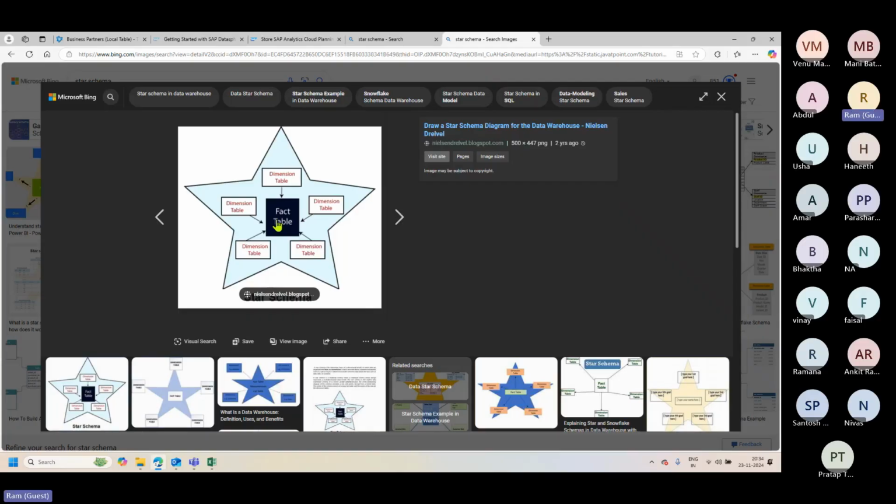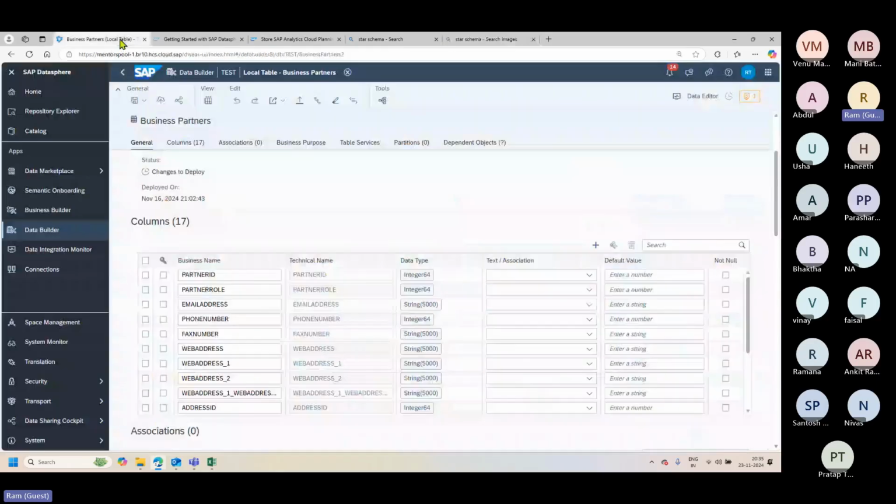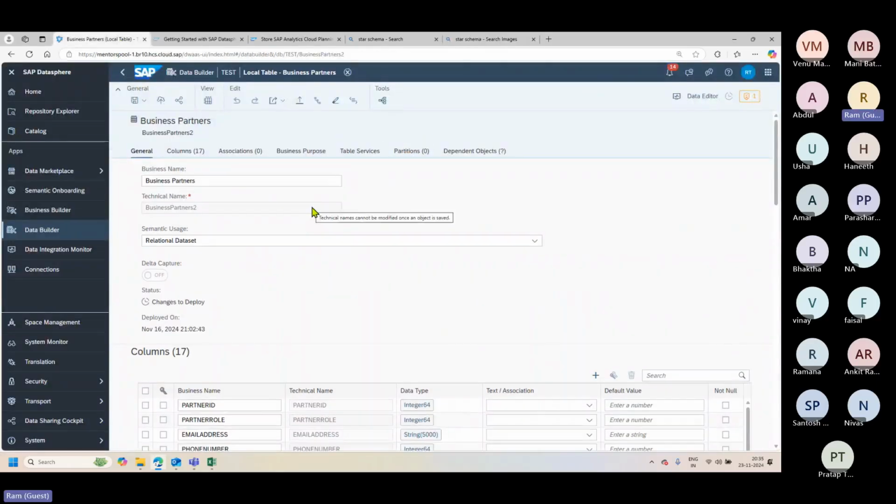So in this fact table, you will have two things. You will have a set of measures, and then you will have a set of dimension IDs. So if this fact table is connected to 5 dimensions, then there will be 5 dimension IDs, and then however many measures there are, that will be the fact table content. Okay? And each dimension table will have its own attributes, text, and hierarchy tables. If you are extending the star schema, or if you are going for the traditional star schema, then within the dimension table itself, you will have multiple columns and so on. Right. So with that understanding, now let's go ahead and start building